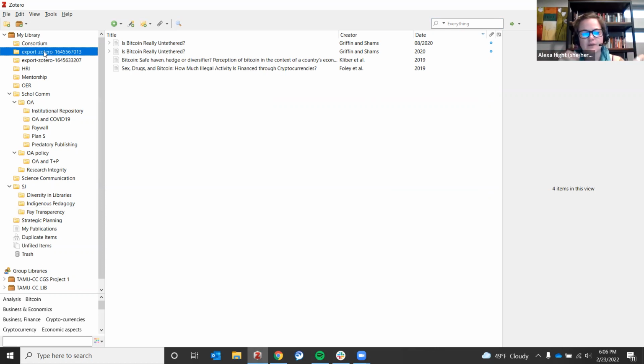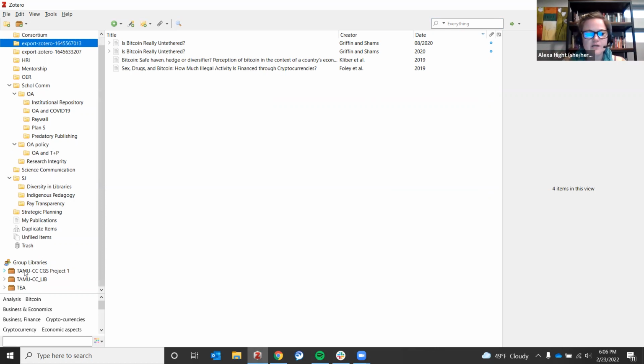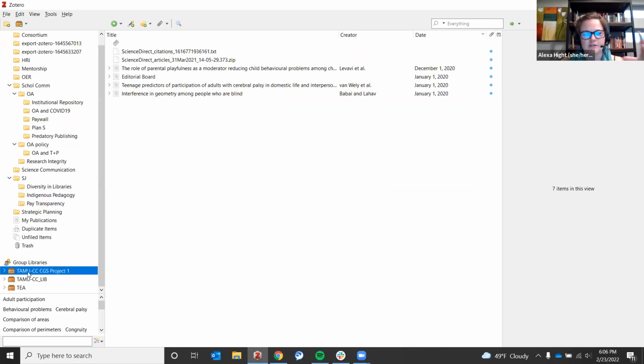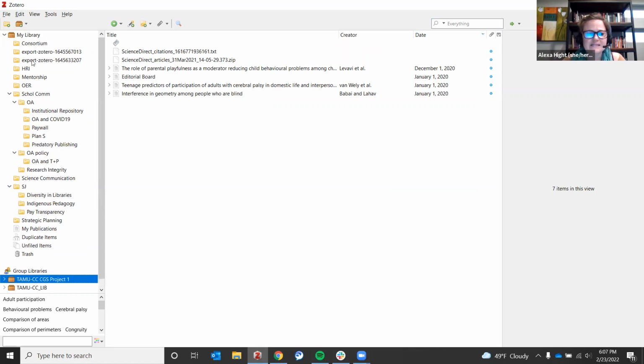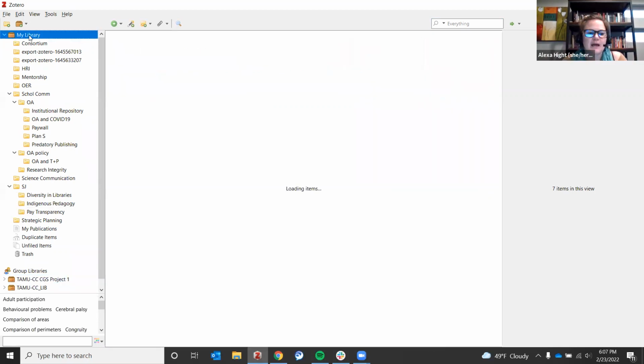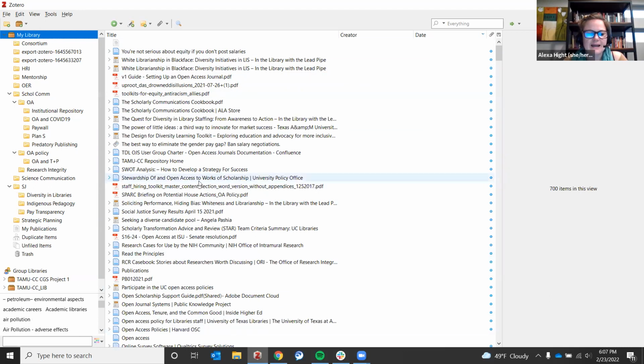The other thing about Zotero is that you can create group libraries. So as long as your co-researchers or authors have Zotero and you set them up as sharing your group library, they can have access to the same articles as well. You can organize things, which is kind of similar to having folders on your desktop. But I have my entire library, and I can add anything in here to multiple folders rather than having this one PDF only live in this one folder, that kind of thing.